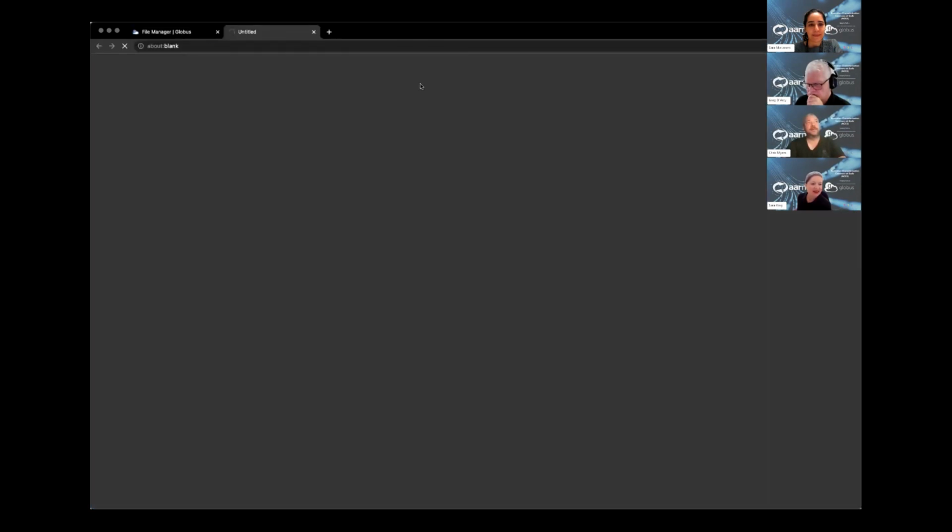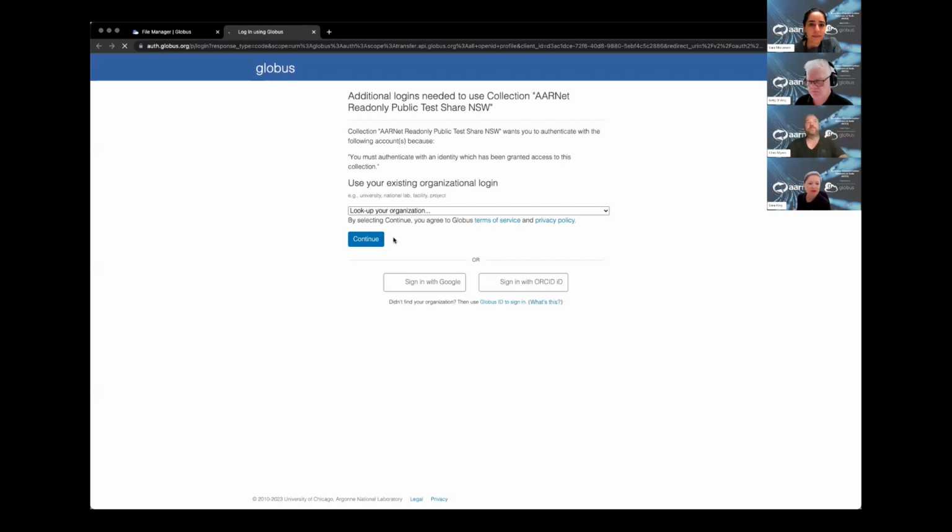So this collection will make me authenticate. So I'm just authenticating now. Doesn't matter whether you can see it or not. And then it just starts a general download of that file. So right now I'm downloading it as an HTTPS